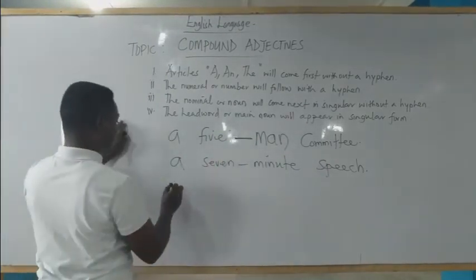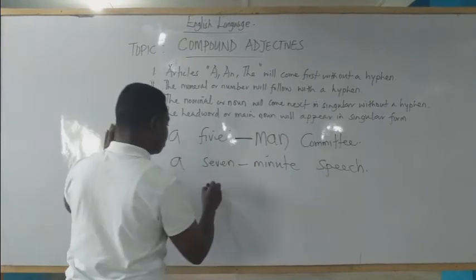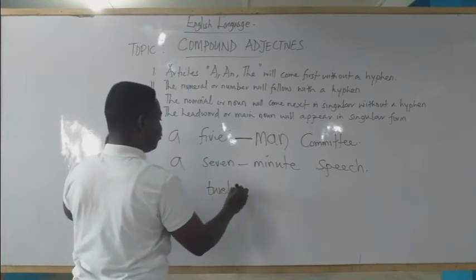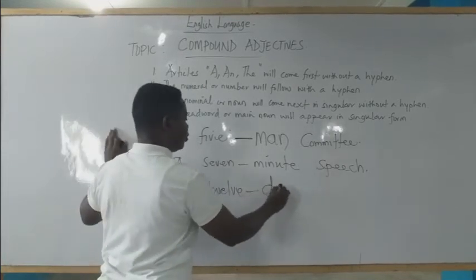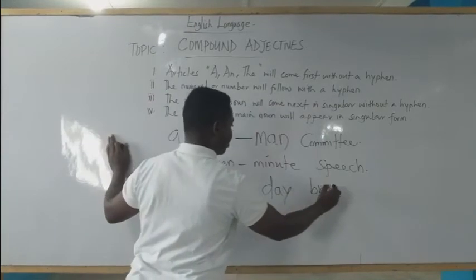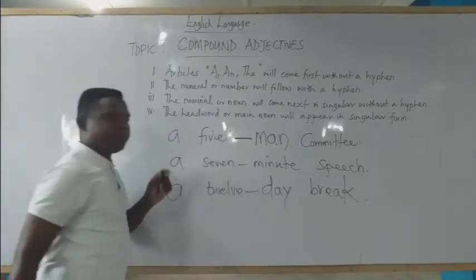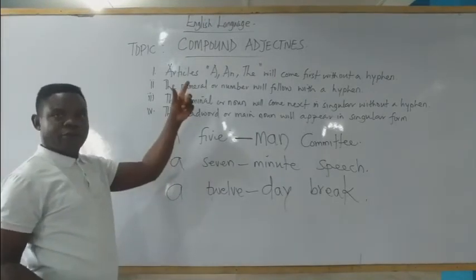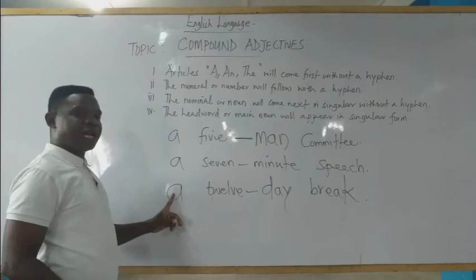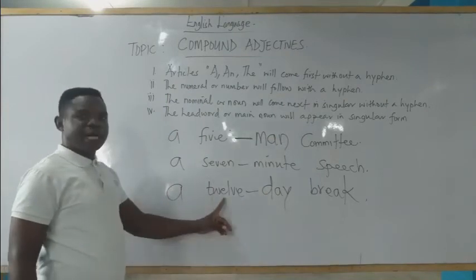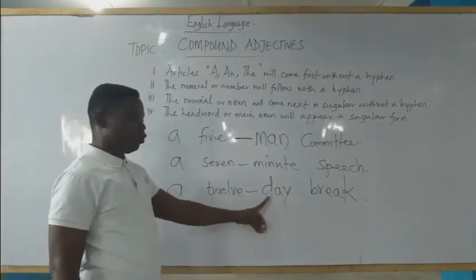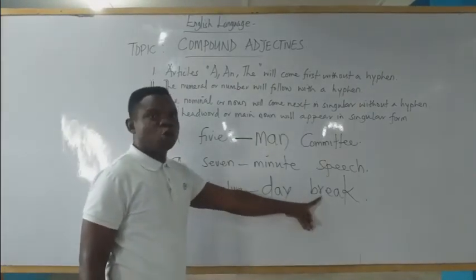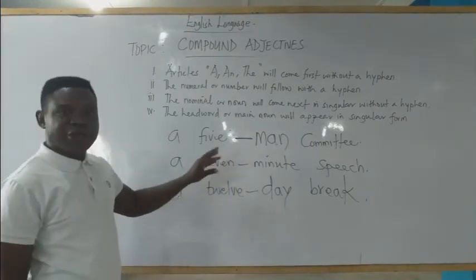Last example under it, you can have a 12-day break. A 12-day break. This is also correct. Why? It follows a step for the formation of an adjective. Look at it. We have an article A. We have number 12 with a hyphen. We have nominal day. And then we have break, which is the head word in singular form. This is the first step in the formation of